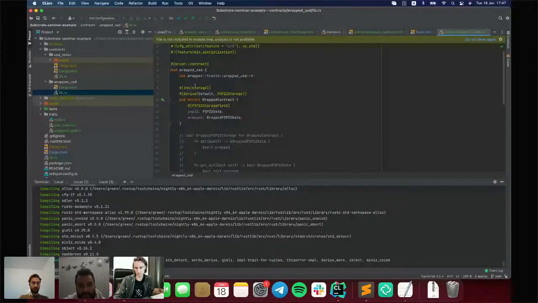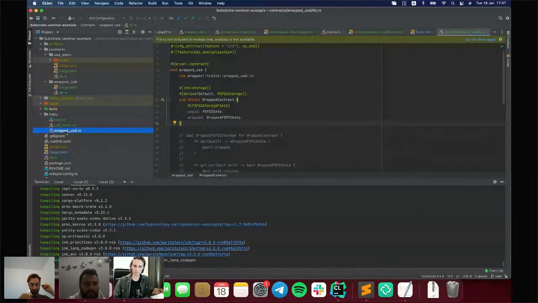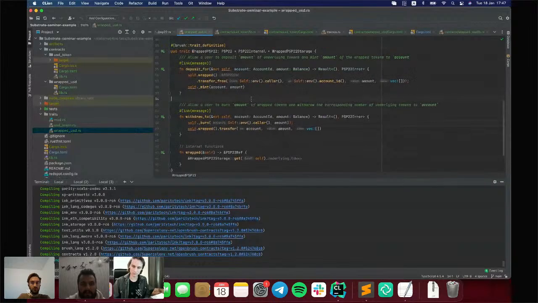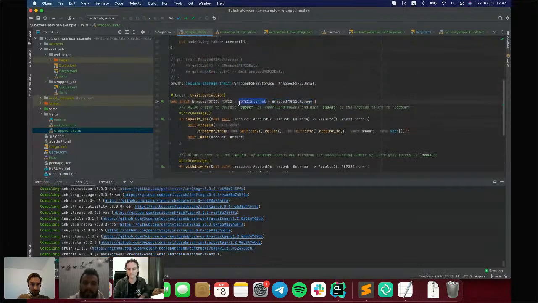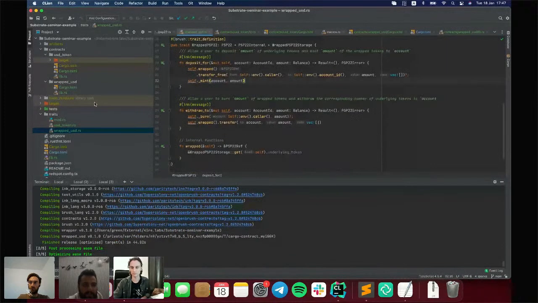In solution number 2, we moved all implementation and stuff related to traits into a separate folder. We defined a default implementation for our trait. We defined a storage trait, which we used in our default implementation. So we extracted the logic to other files. In solution number 3, we will extract the implementation of that trait into a separate folder.